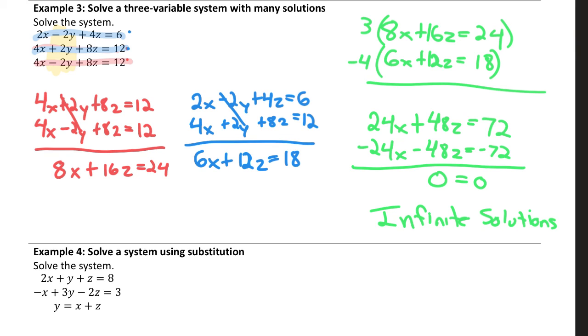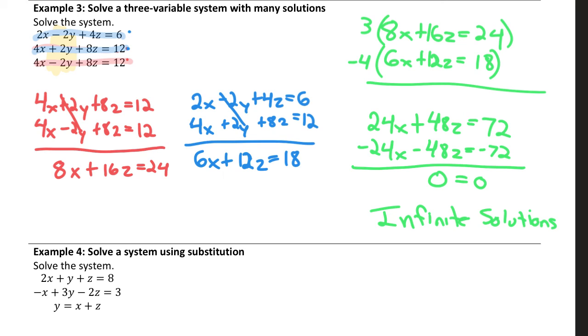So when I went to eliminate that, I just noticed 8x and 6x are both factors of 24. So I multiplied the top equation by 3 and the bottom one by negative 4. And it just so happened that everything basically matched up, meaning everything eliminated, meaning I got 0 equals 0, which